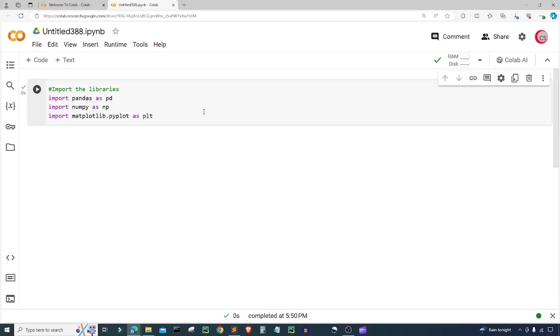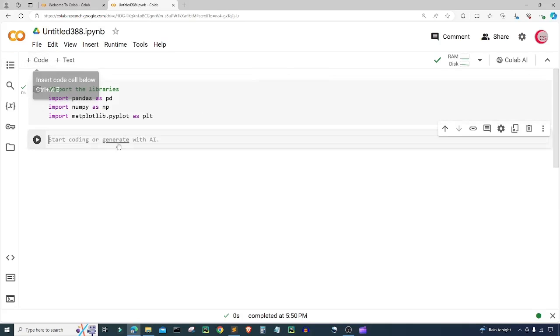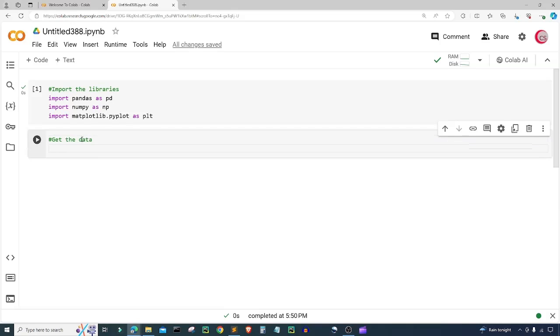So with all that being said, let's go ahead and continue. I'm going to click on this code button in the top left here to create a new cell. And now in this cell, I want to get the data for the S&P 500. So I'm going to create a variable called data, and I'm going to set it equal to pd.read_csv, and we're going to read in the CSV file. The CSV file has a name, and the name is